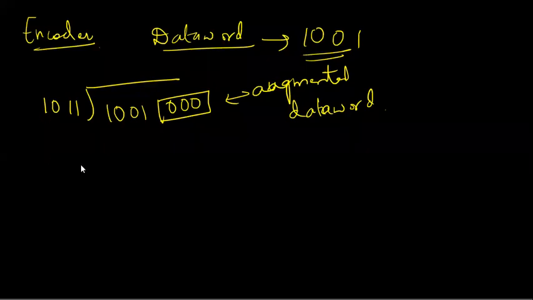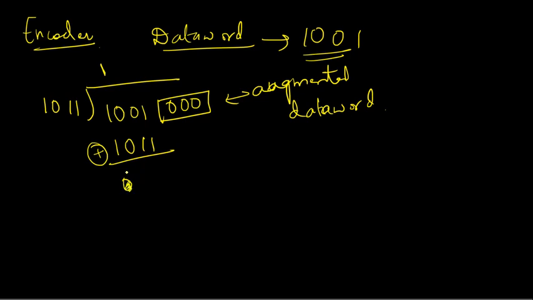First and foremost, if the leftmost bit is 1, then we will directly write 1 over here. The leftmost bit over here is 1, so we write 1 and copy the divisor here, 1011. Now after we get 1011, we have to perform XOR. So 1 1 will give us 0, and 0 0 will give us 0, and 0 0 will also give us 0.